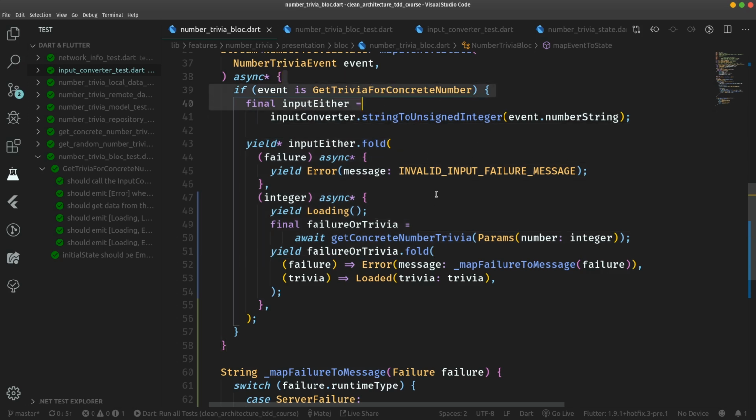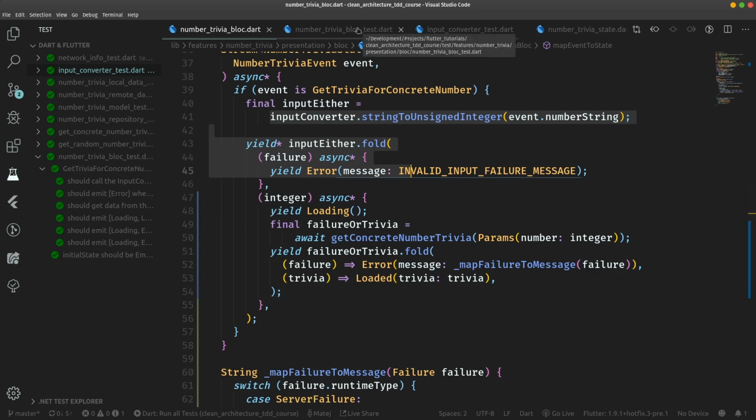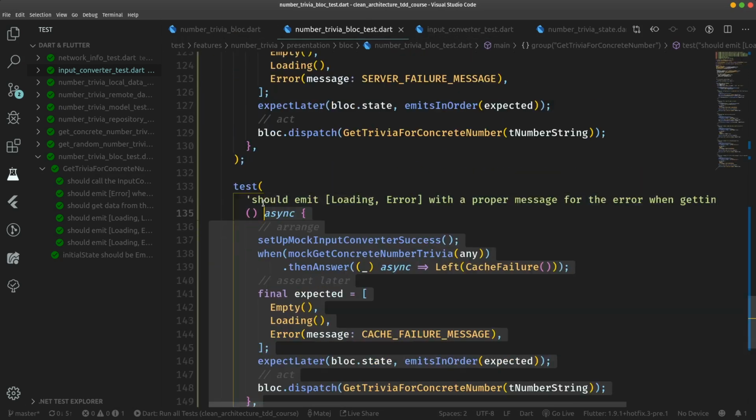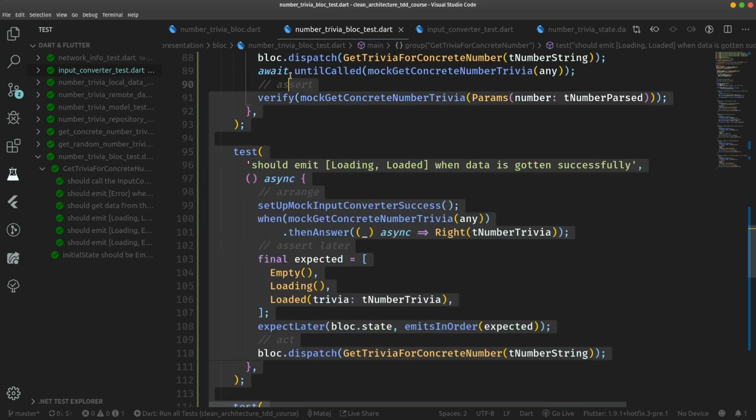And as we are already used to, the random event, when that is triggered, will be very similar to what happens when the concrete event is triggered. But with one exception, it's going to be much simpler, because with GetTriviaForRandomNumber, we do not have to handle input conversion because there is no input. It's just a random number generated over in the remote API. So because of that, let's go over to the test file and we can actually copy the whole group for